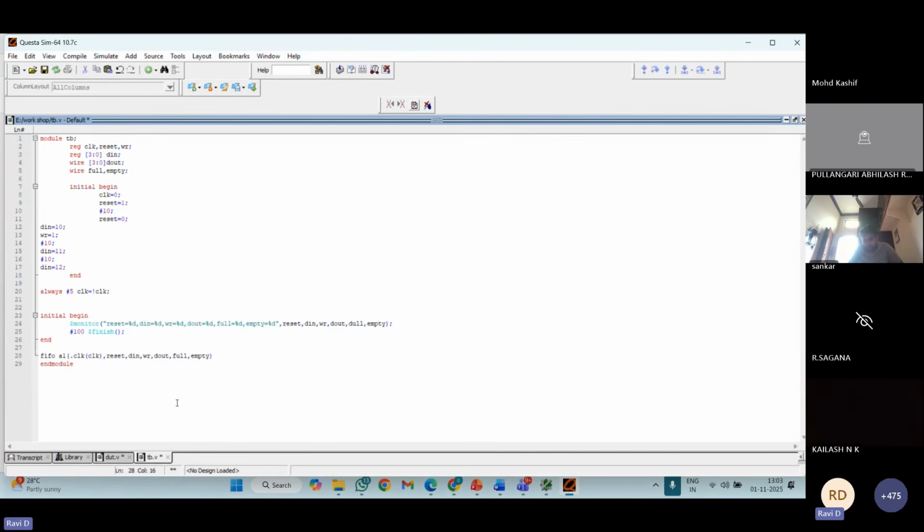We are making communication between my DUT and test bench through named mapping. So the clock outside of the parenthesis belongs to the DUT, the design, and the clock name inside the parenthesis belongs to the test bench. Okay.